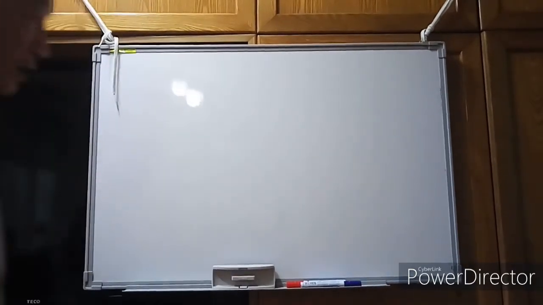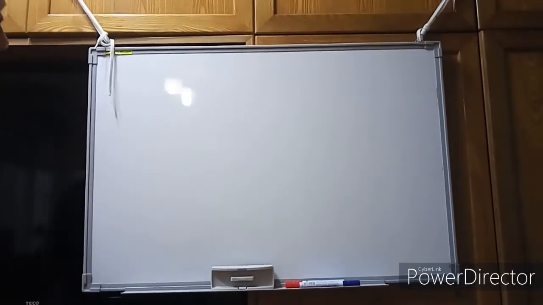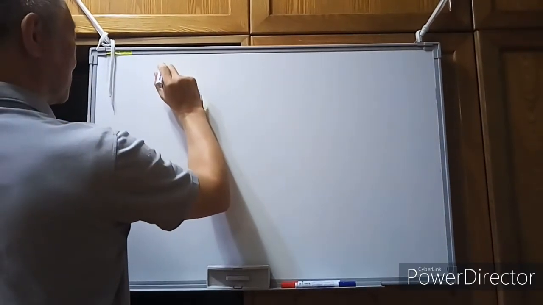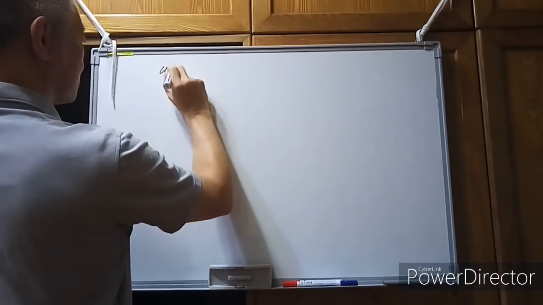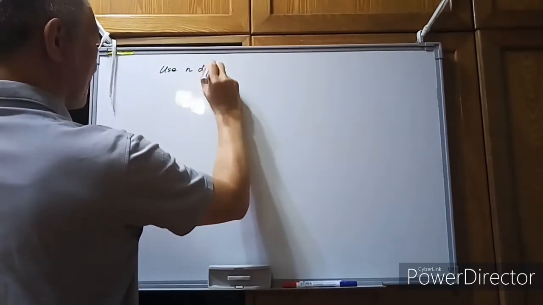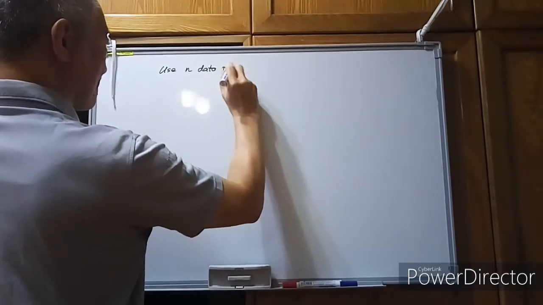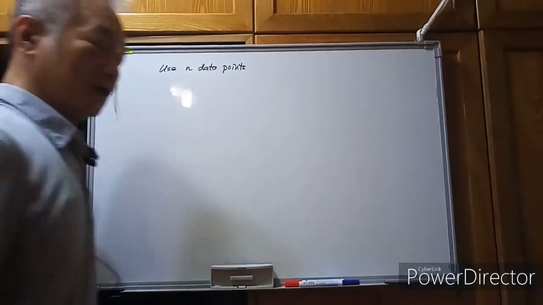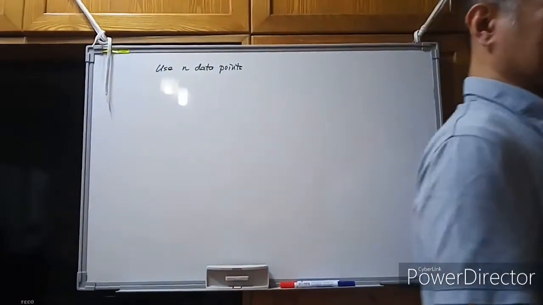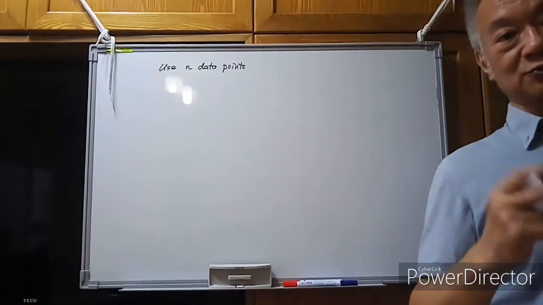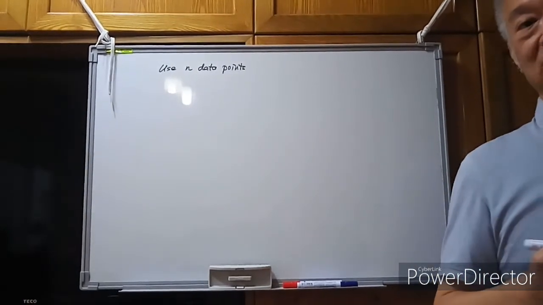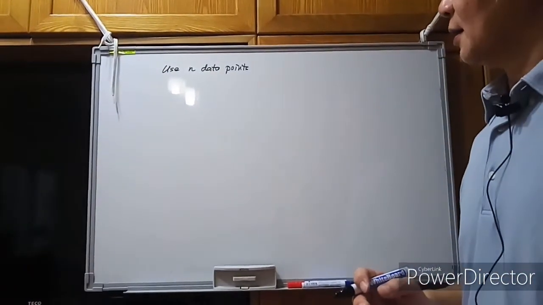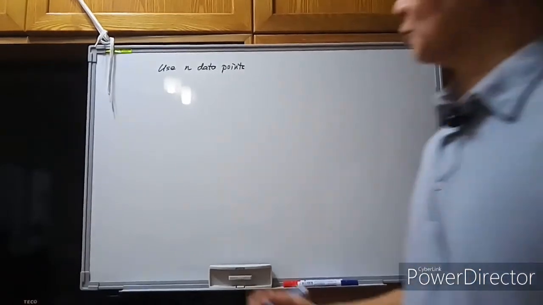And how can we get a better result by the Gaussian quadrature method? If we use n data points, we'd like to get exact solutions for all the 2n minus 1 degree polynomial functions. For all these functions, we can get the exact solutions. If we use n data points, we will use the